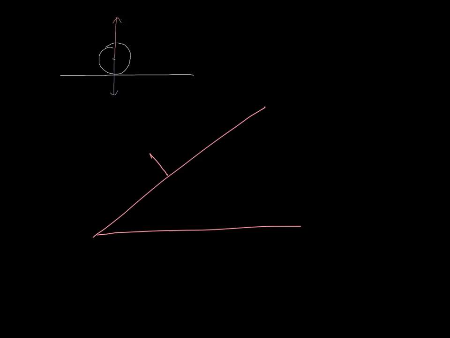Or I could have the same thing, but on a surface. So here's my surface, here's my block, and again I would have gravity, and then here I would have the normal force. Remember, that's normal to the surface, and maybe there would also be the friction force this way, if there was friction. I could also, for example, draw a little string, and then to the friction force I would have to add the tension of the string, and so on. So this is how you draw a free body diagram. You just find all the forces that are acting on the body, find their direction, and draw them coming out of the center of mass of that body.